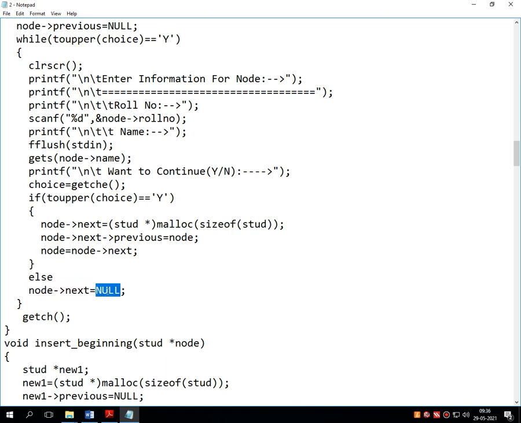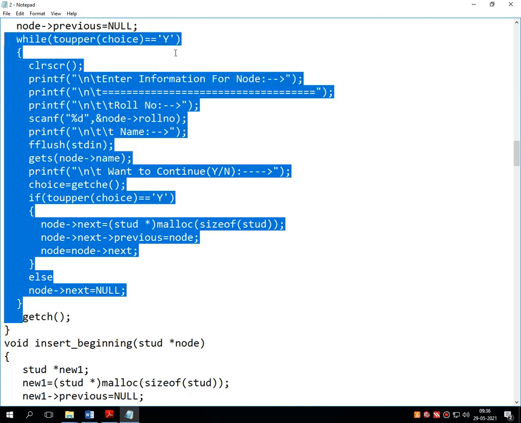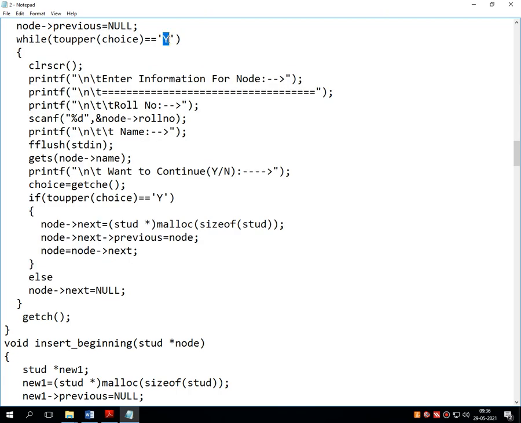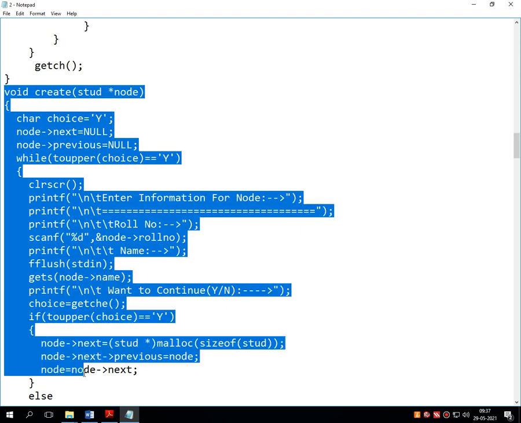So it has been decided that in this linked list there are two nodes. Whenever you press the display option, it displays the two nodes. So this procedure continues till the user selects the option n. In our demo, we have inserted a total of 5 nodes first, so 4 times I have given the option y. So this was all about the option called create.